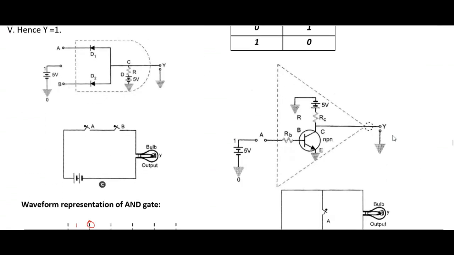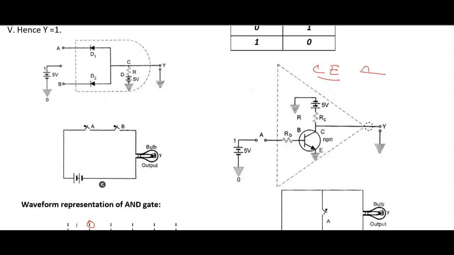NOT gate. We know it very well that in a common emitter transistor, input is out of phase with output. That is, this common emitter transistor can be used to represent NOT gate. This is common emitter transistor. It can be used to represent NOT gate. How? Because if the input